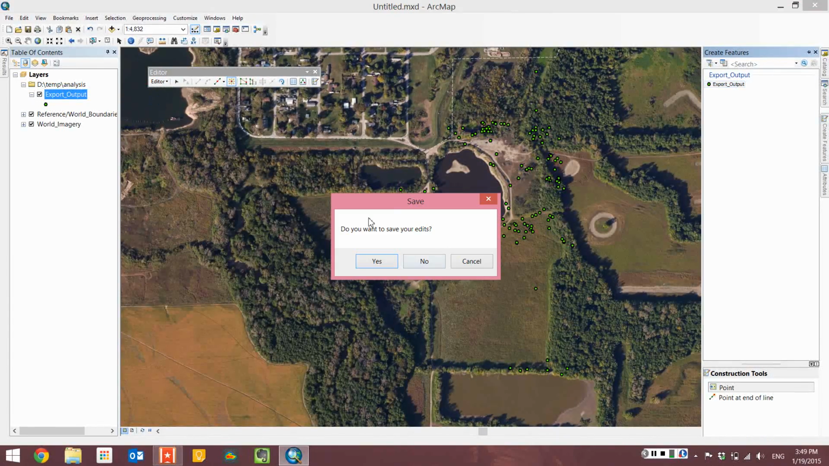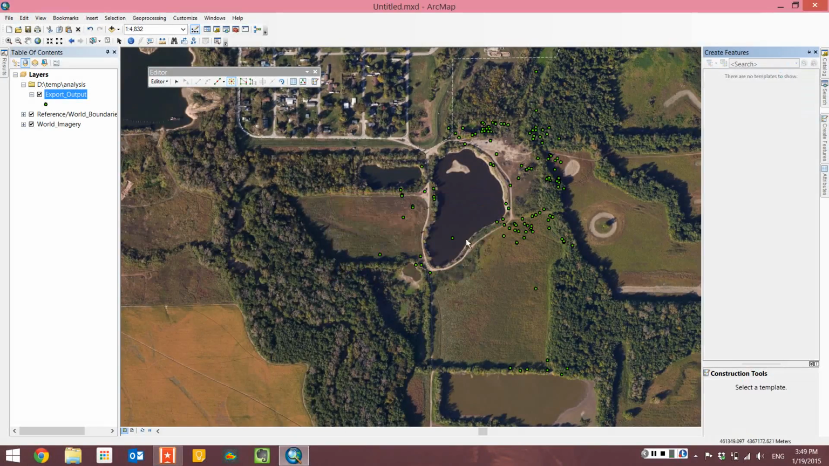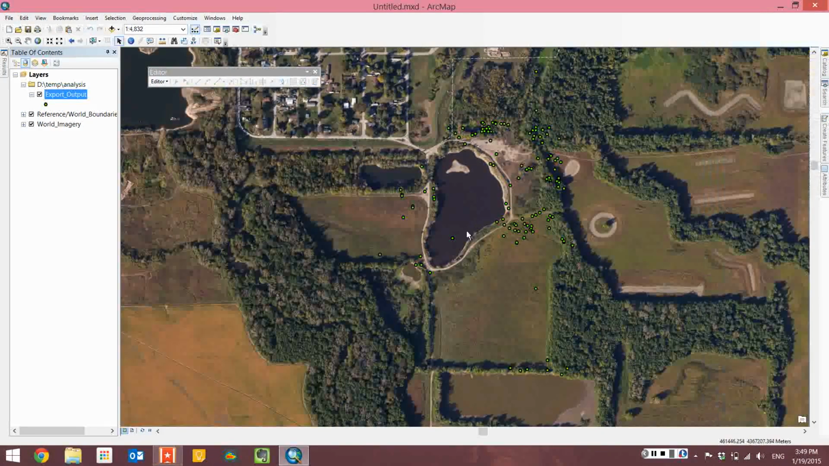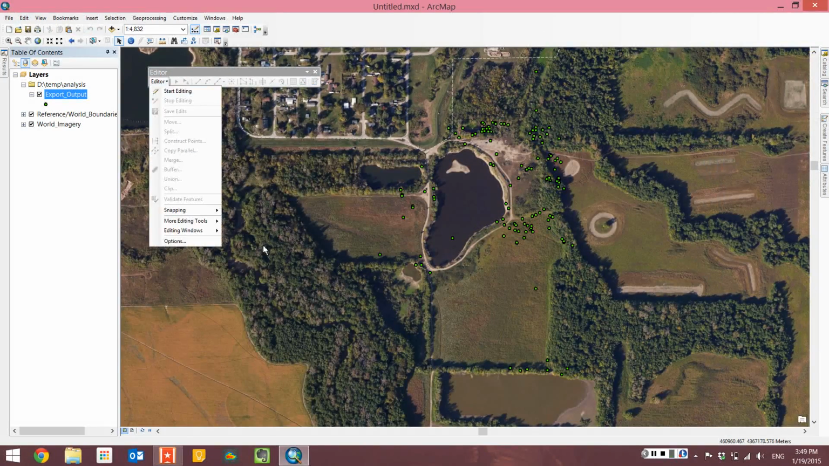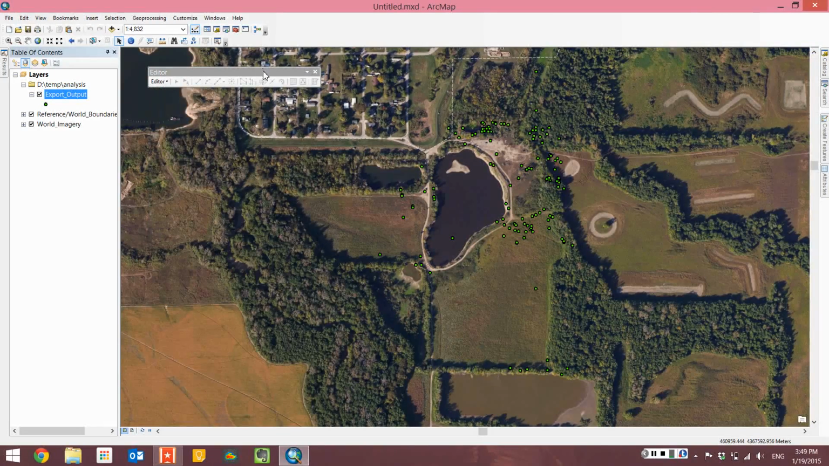Finally, when you're done editing, you want to go to Editor and save edits, or save edits and then stop editing. If you don't save your edits first, it'll ask you if you want to save them. If you make a big mistake, a big boo-boo, and you don't want it to be saved, you would want to say no, and it will restore your edits at this stage back to where they were when you started editing, and close out your editing session. This is a nice feature if you make a mistake or a cat jumps on your computer or something like that, but it is